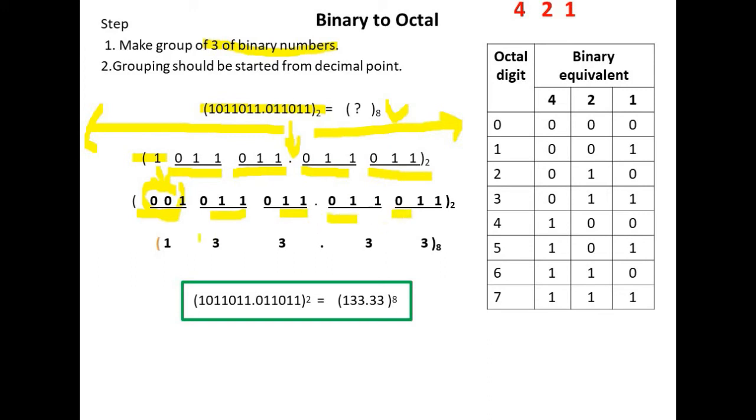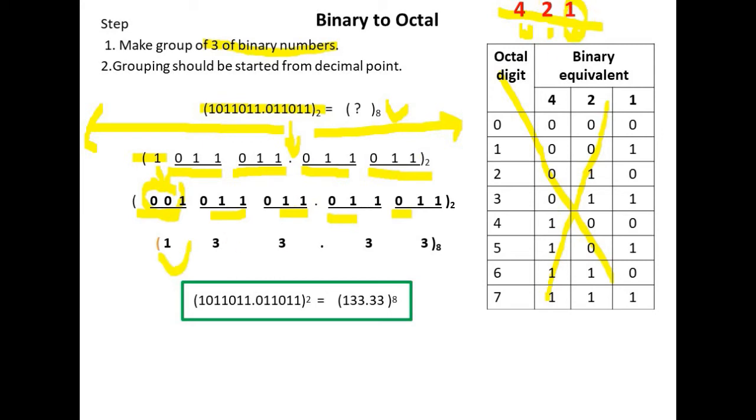Now we have to write the octal equivalent of this binary number. We have seen that we do not have to draw this table when converting binary to octal. We can remember this, but if we have forgotten, we can use the 1 2 4 method that I have already told you. So 001, what will be the octal equivalent? You put 0 0 and 1. We see 1 is in the position of only 1, so 001 will be 1.